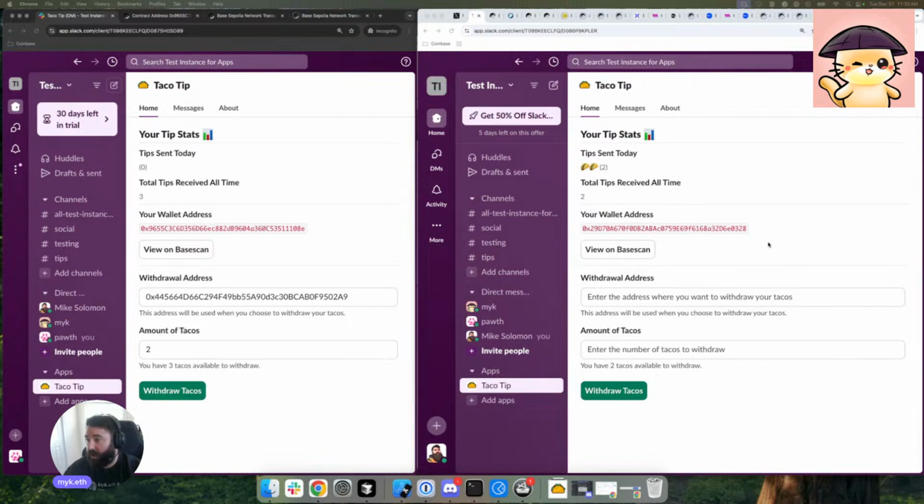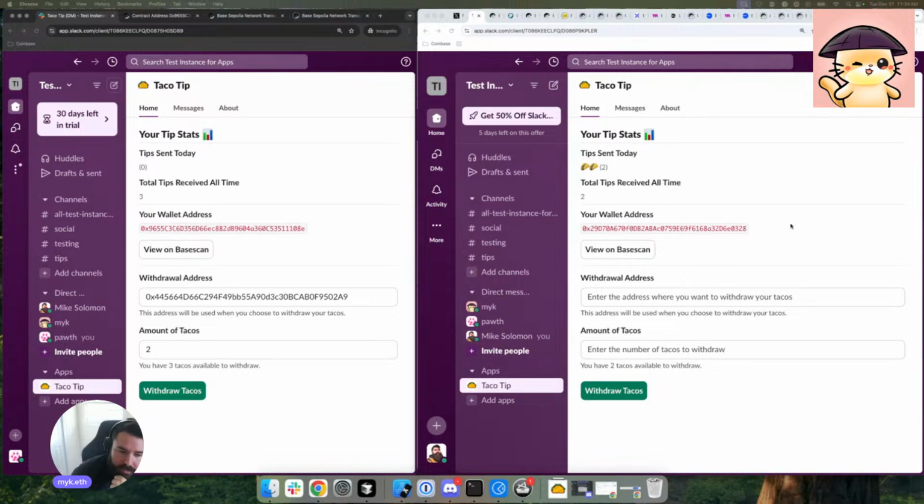Okay, so how do we fix this? We fix it with a subgraph. A subgraph is basically an application that is listening to events that are being emitted on chain, and then it's indexing, or saving those events in a database that you could quickly look up. Maybe you could aggregate data, whatever you want to do. You can essentially store events. So for example, we have a tip event. I'm going to store that, and that's what I'm going to use to determine how many tips you've received all time. That way you could move your tacos to other addresses, and we'll still know how much you've actually been tipped over time, because every time you get tipped, the contract emits an event,